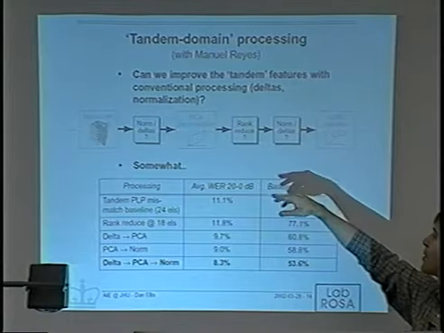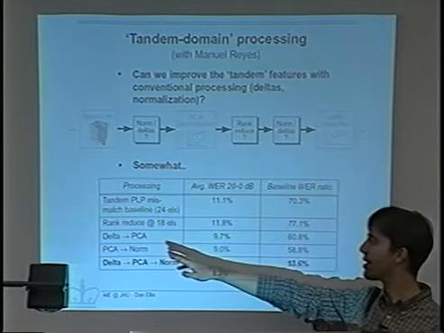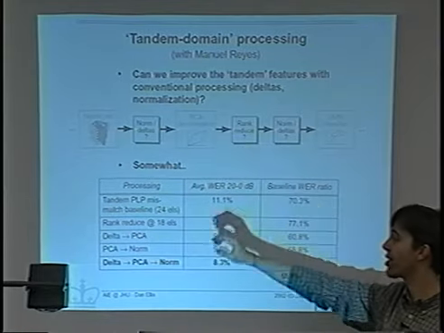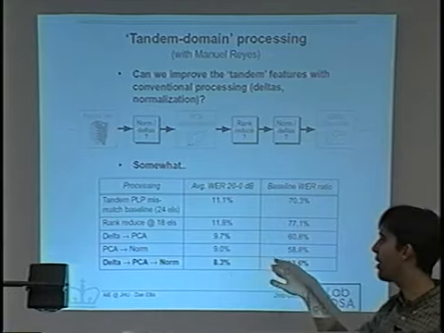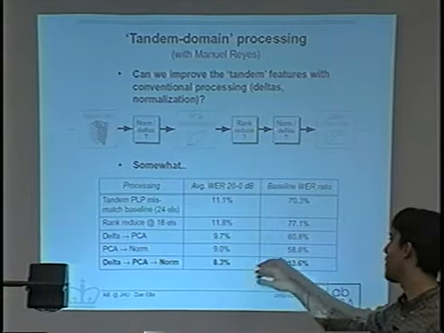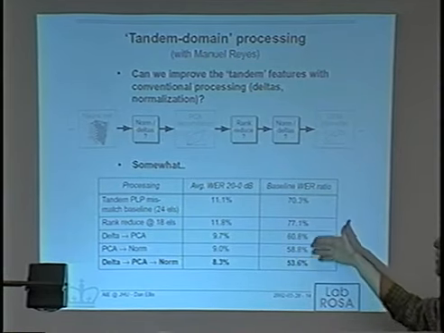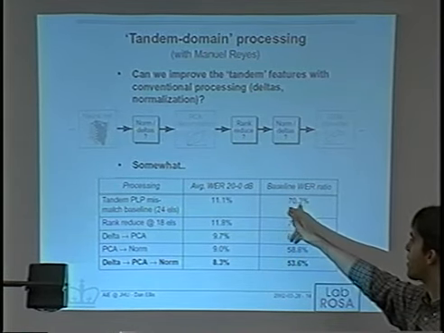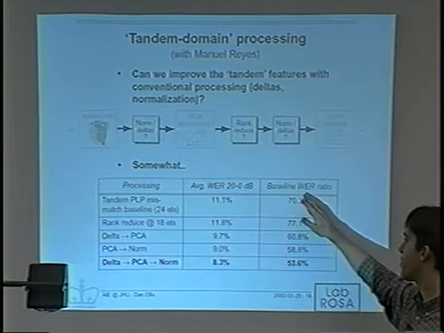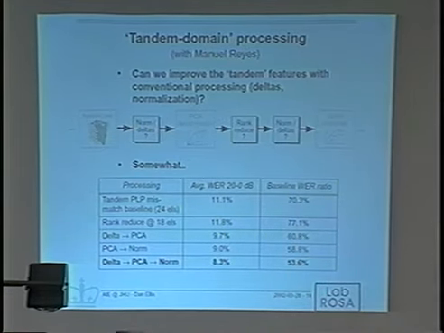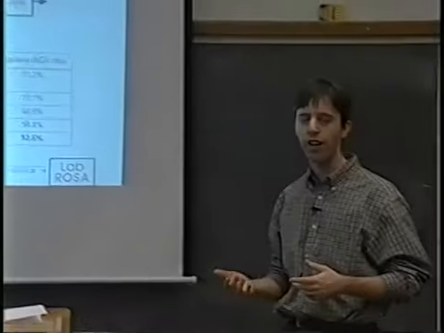Of the various possibilities of putting in deltas and normalization, it turns out that doing the deltas helped most if we did it before the decorrelation. Normalization helped most if we did it after the decorrelation. And if we wanted to use them both, then we should put them in that order. And that gave us a fairly significant additional improvement. This is not as good as the previous system, because I'm only using one feature stream here, but just to show the kind of improvements we can get. And then when we did it all up with both feature streams and doing this, we got down to something under 45%.